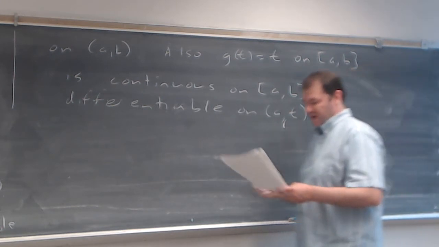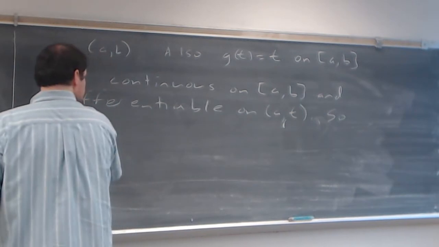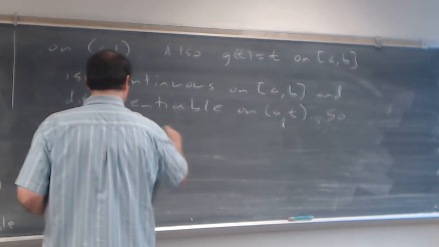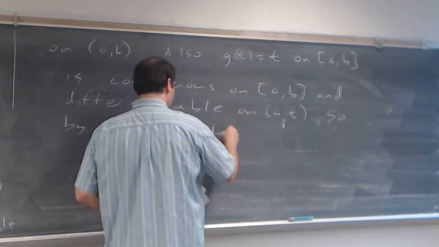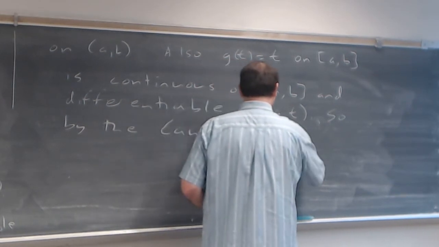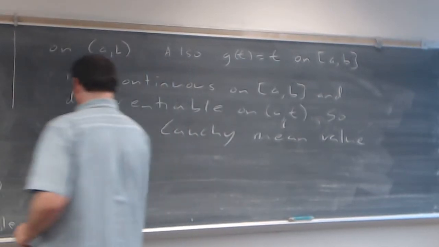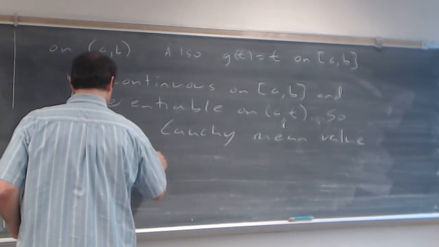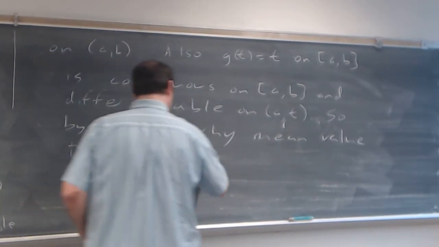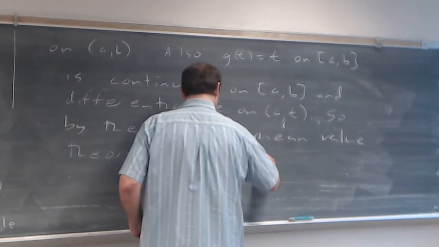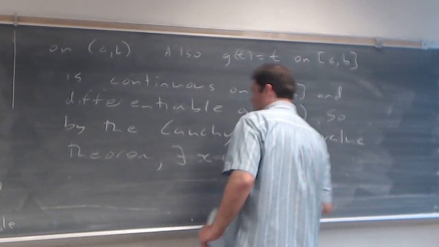So, by the Cauchy mean value theorem, there exists an x element of (a, b) such that